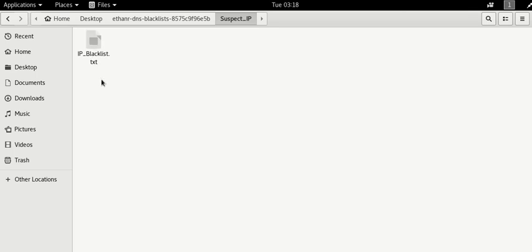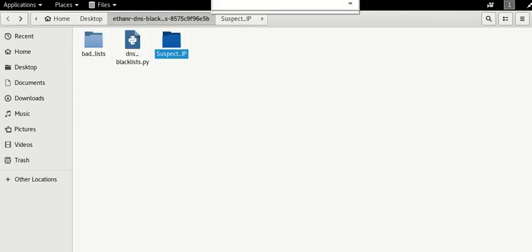You copy the IP blacklist text file from the badlist folder and paste it to the suspect IP folder. Here you might be seeing two more files, one with the name readme and the other with the name malware. So you can delete both of the files. I have already deleted them, so you are not seeing those two files on my screen.